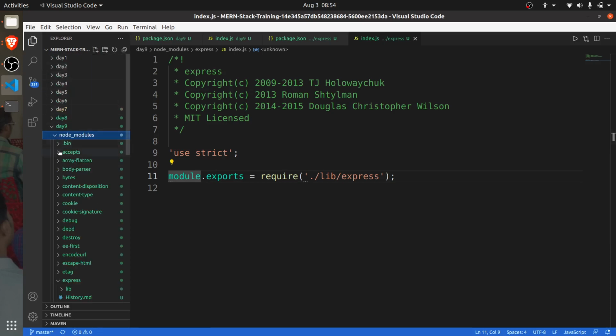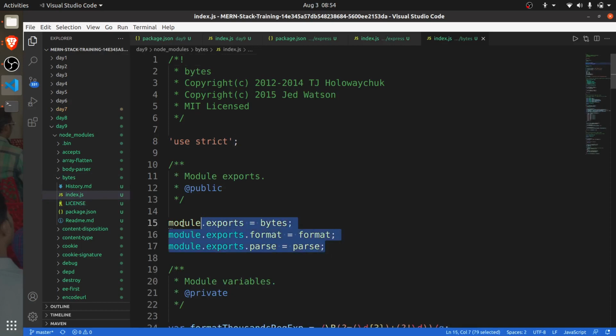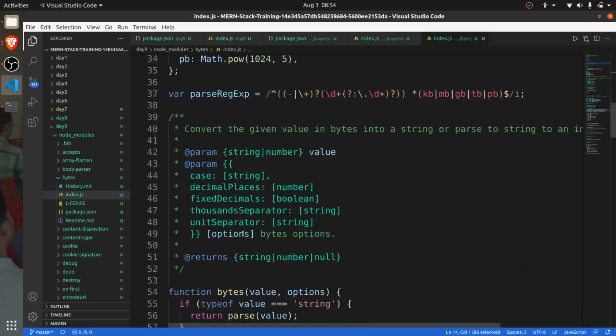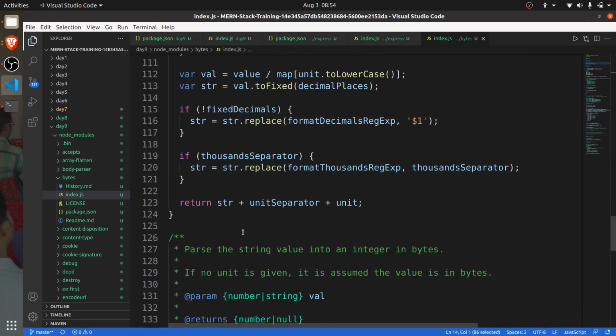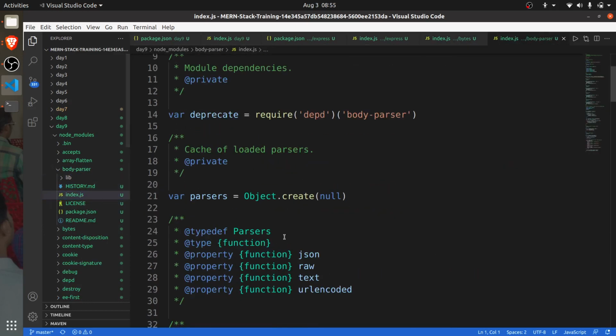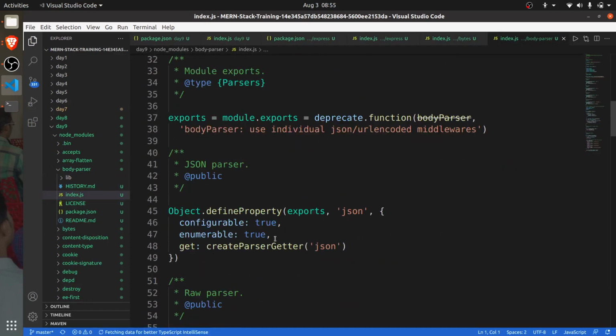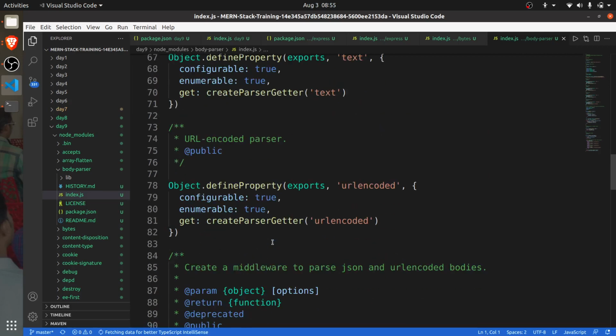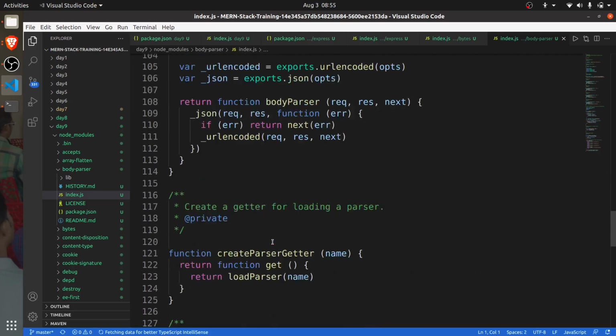You can check any index.js. Just go to any node module. Now bytes, let's check that index.js. Can you see exports are written mainly inside? It's standard that you should write exports mainly inside the index. If you go to the body parser and index, see exports are there along with some configuration.